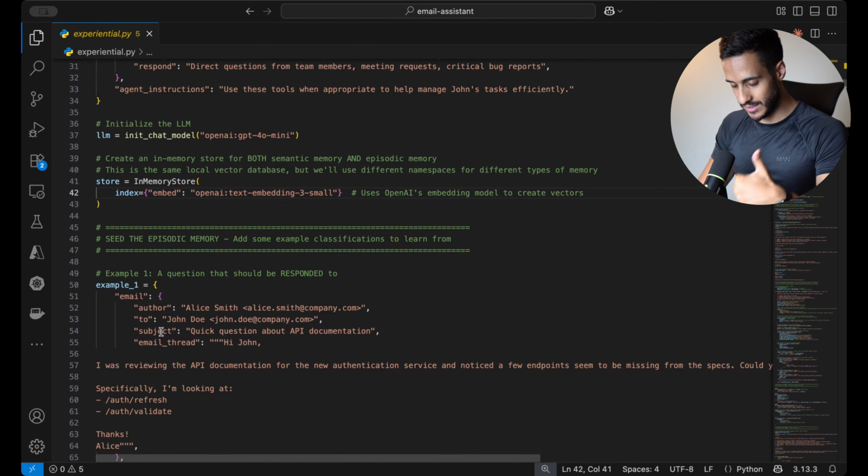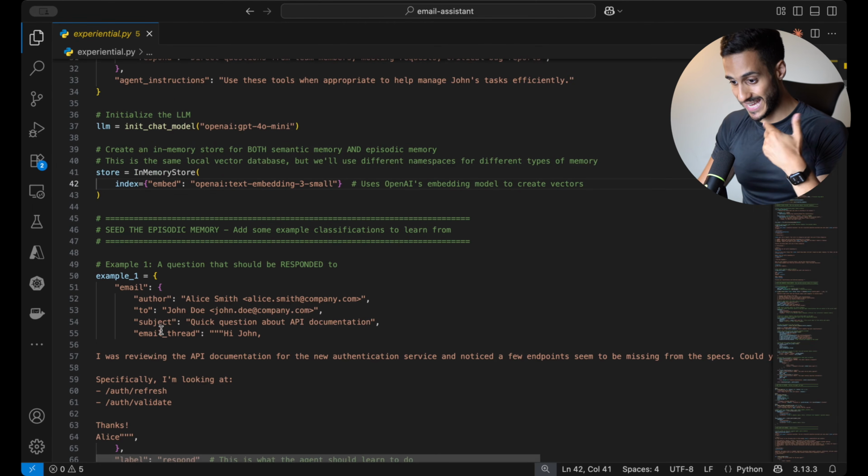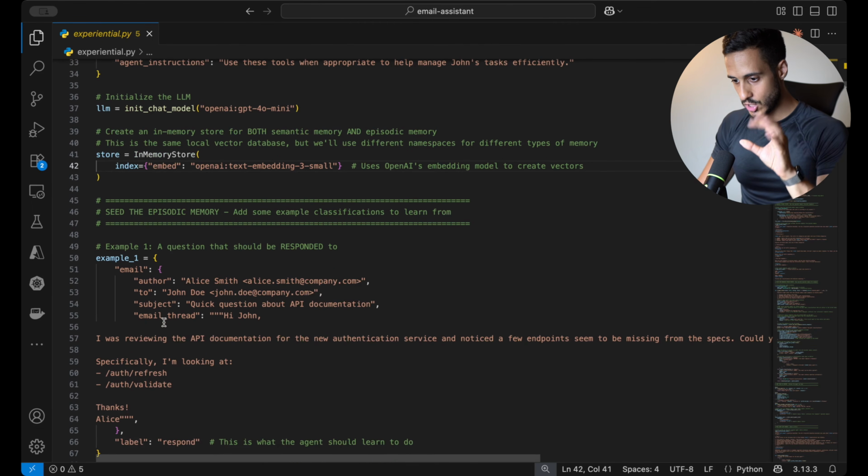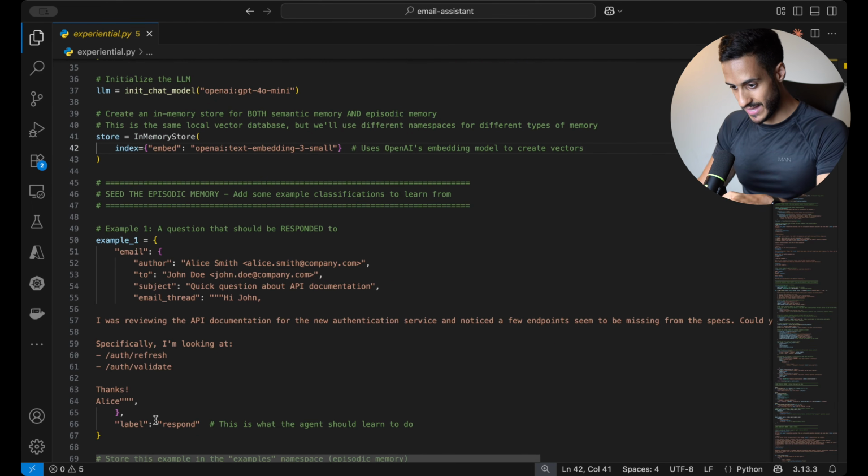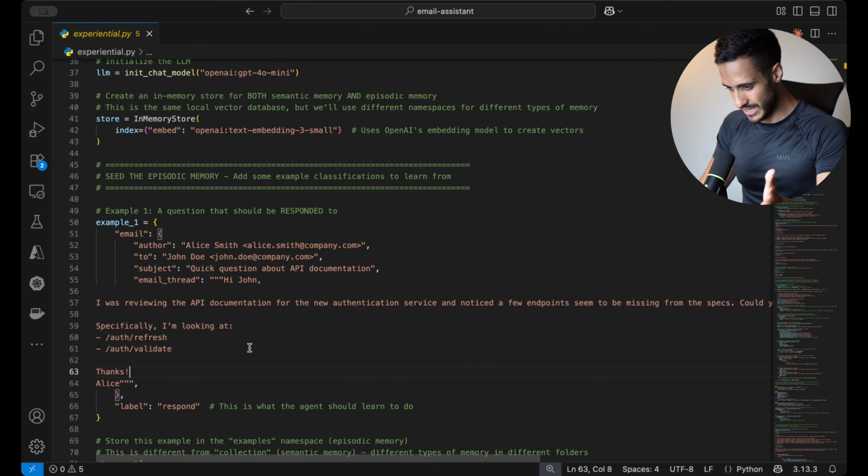So here we are providing few-shot prompt examples to the agent. In this example, this is an email that we would have to respond to. Okay, so this is what the agent should learn to do. This is an example of a few-shot prompt. Of course, we're not going to provide that as part of the system prompt. We're going to store that in a vector database. So in this case, we're doing it manually. Okay, we're not doing it automated, but of course, the same principles apply